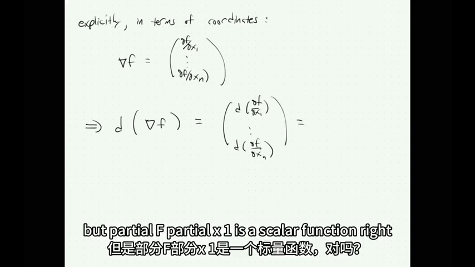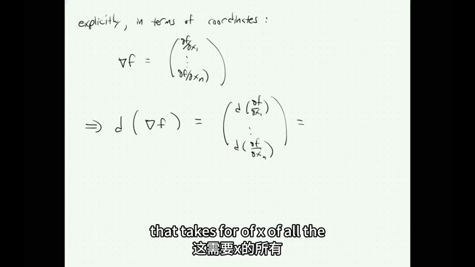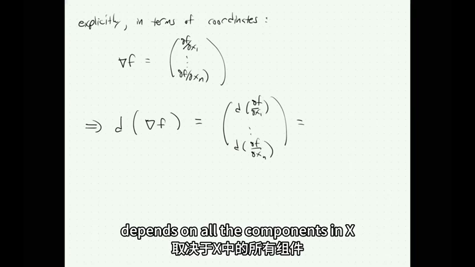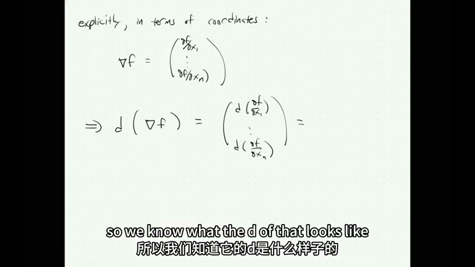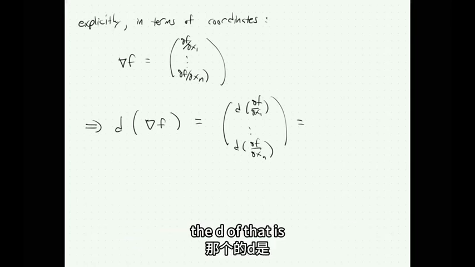But partial f, partial x1 is a scalar function, right? It depends on all the components in x, and you spit out a number, which is partial f, partial x1. So we know what the d of that looks like. The d of that is